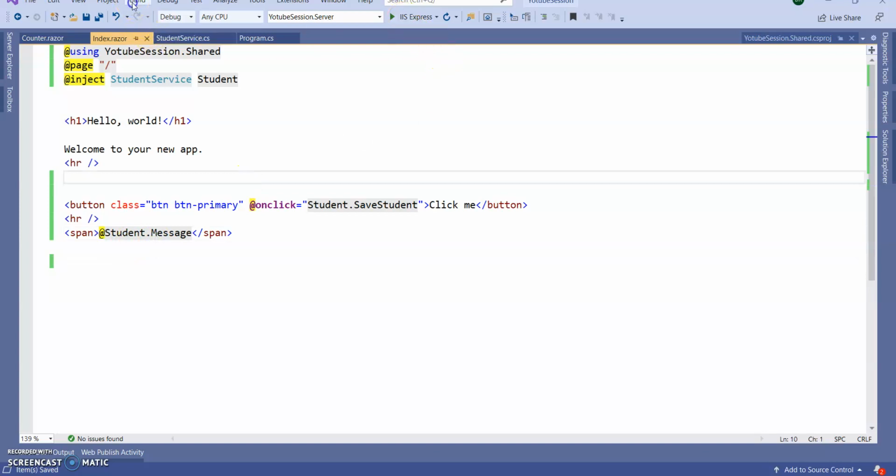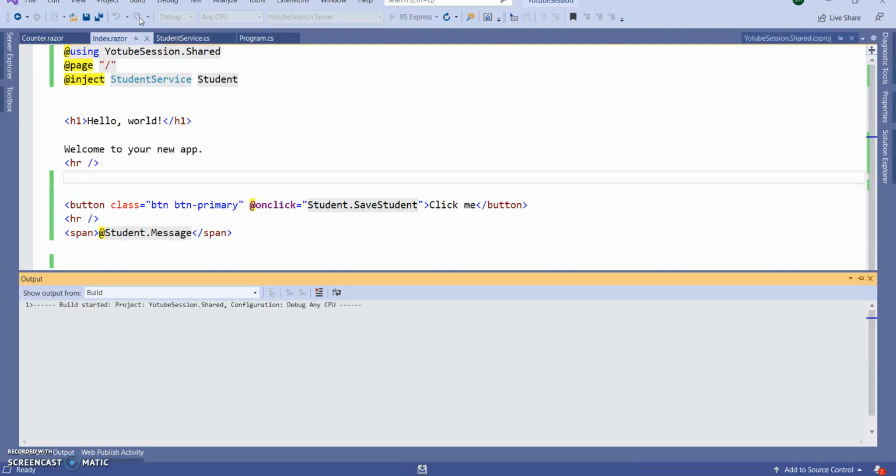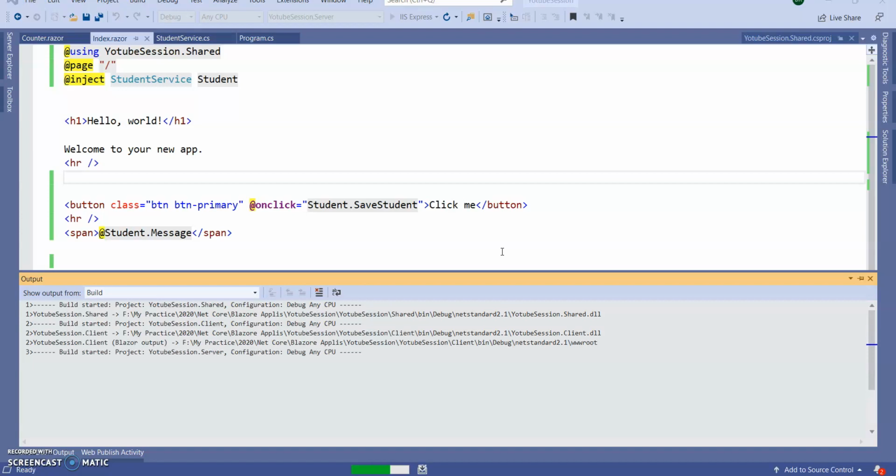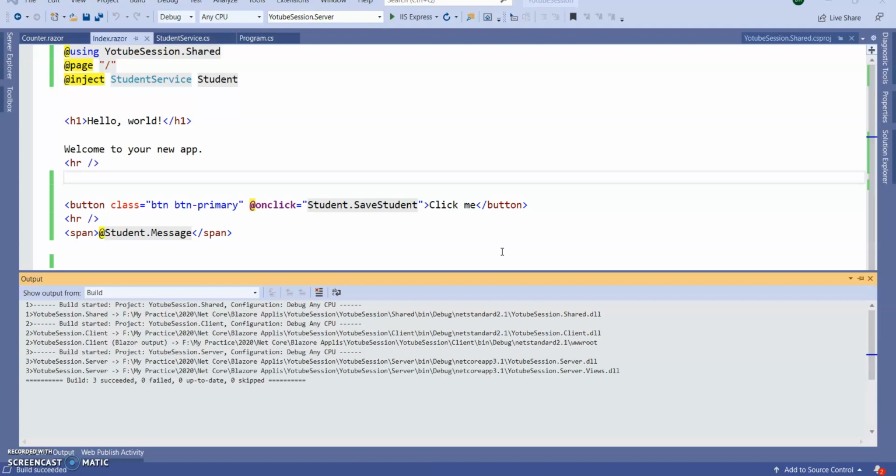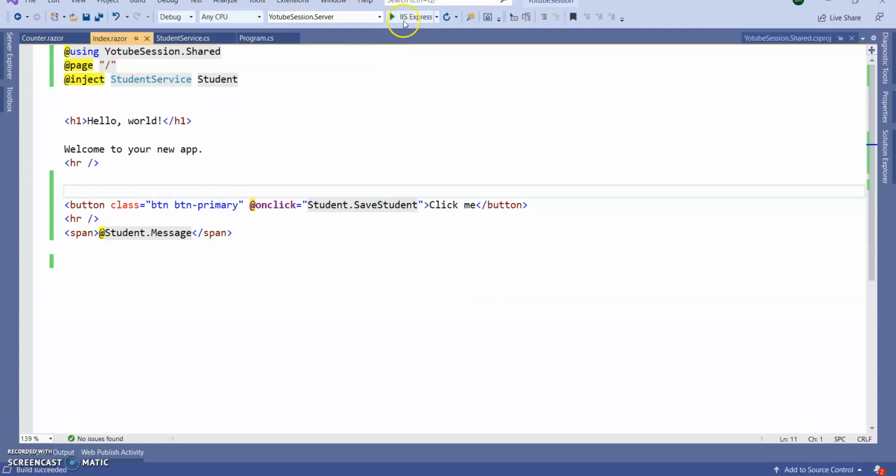Now rebuild the application. Build succeeded, run it.